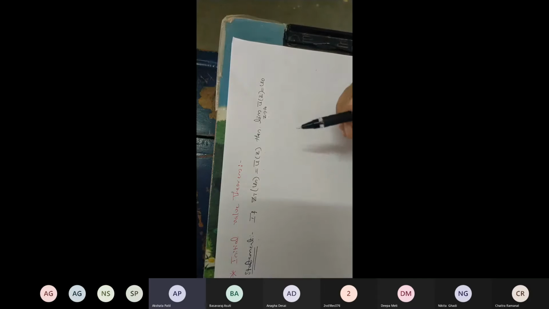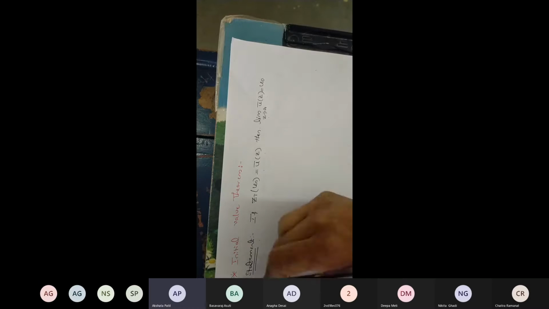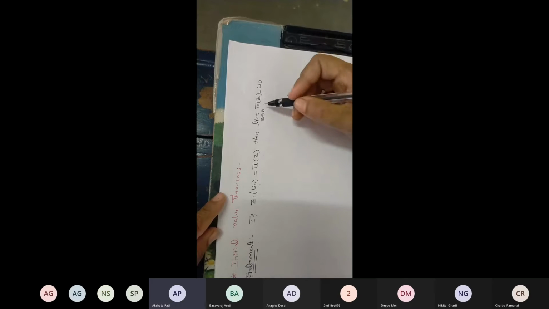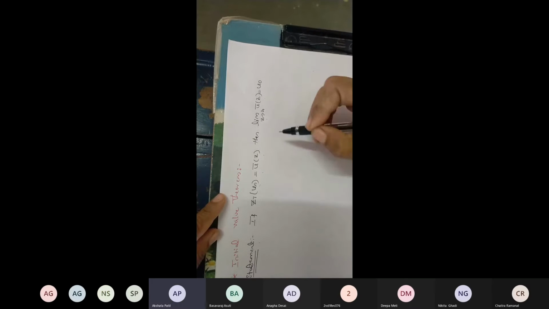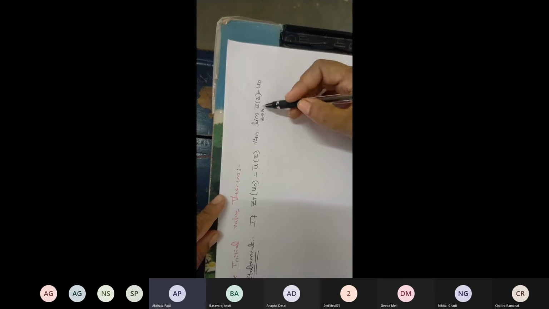Here the proof is not there in your syllabus. We only have to use this statement and solve the examples, so just remember this statement. By using this, we should calculate the u naught value. The formula for u naught is limit z tends to infinity u bar of z, which is equal to u naught.